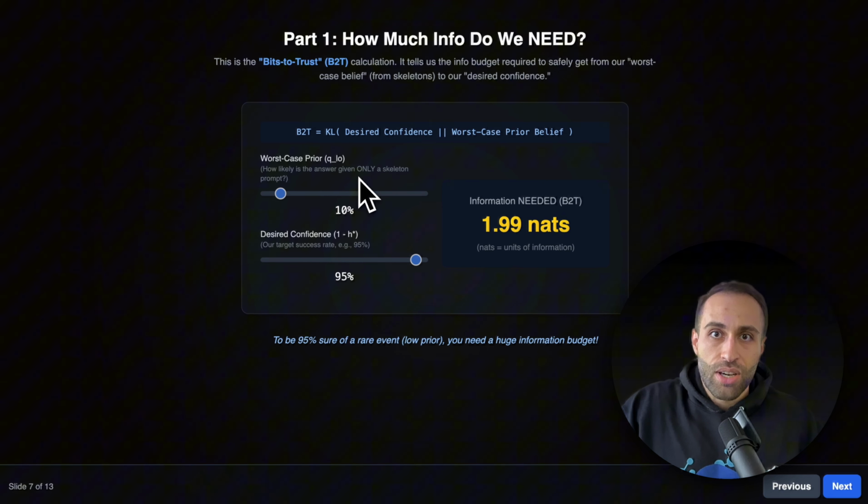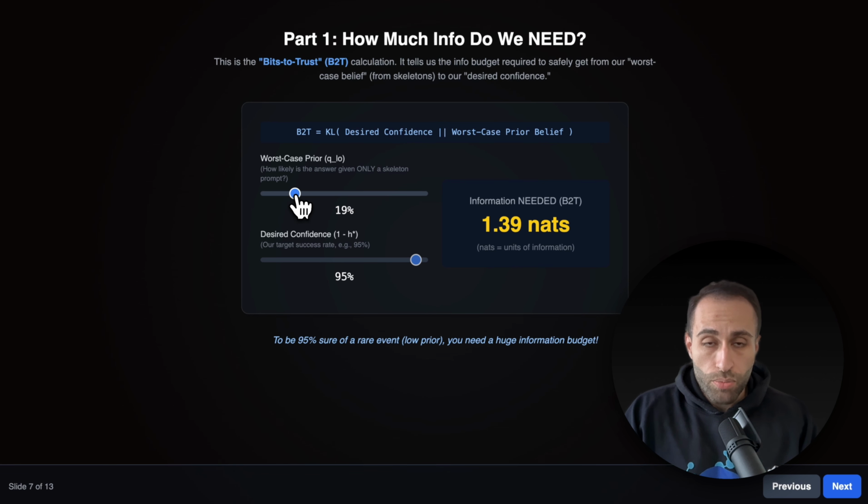That means it's not a rare event. The model knows exactly the capital of France is Paris. Even if I flip the order or mask something, it still gives me the answer. So that's one input. And the second is desired confidence, which is the level of confidence that you